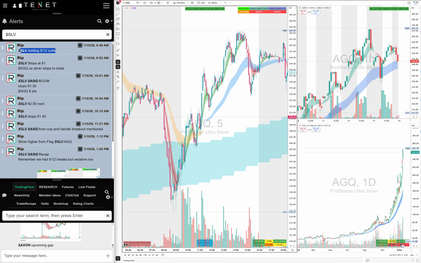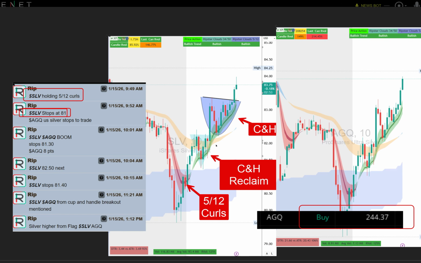I told the traders holding the calls, you could long it, you put your stops at 81, you could trade AGQ with it. I'm just going to go to the screen, easier to recap from here. Even though it pulled back to the MTF, it created another cup and handle. So there was a cup and handle breakout, and then another one, then another cup breakout. You see, I bought this AGQ at 244. I sold it mostly at the end of the day because it was a call right here.